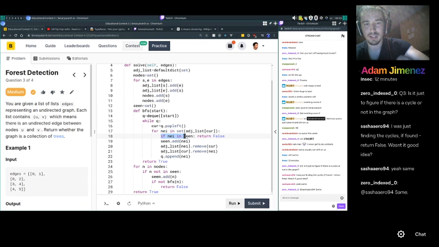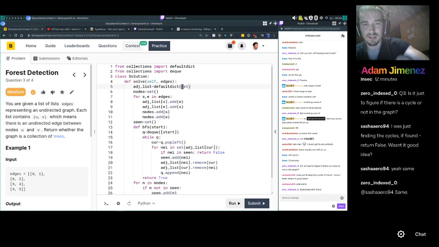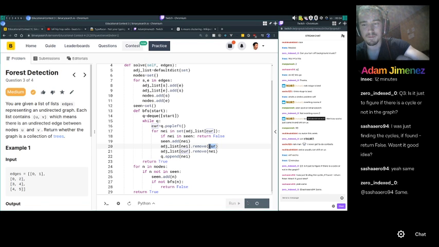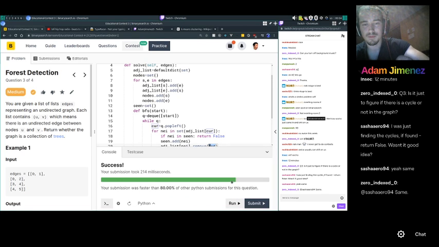So here I check if the neighbor node has been seen. I return false because it means it has been seen and not by a direct neighbor, because each time I visit a neighbor, this is the most important part, I remove the current node from the neighbors of the neighbor we're going to visit. Basically we break the edge for both nodes. That's why I use a set for the neighbors of a node instead of a list, so I can easily remove the nodes like this. And there we go.